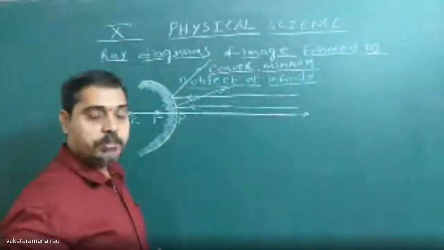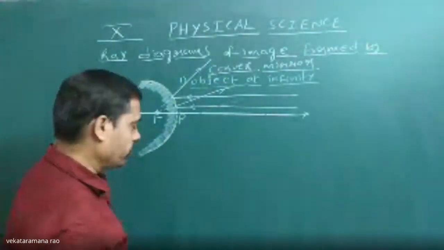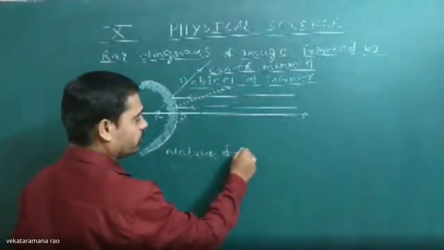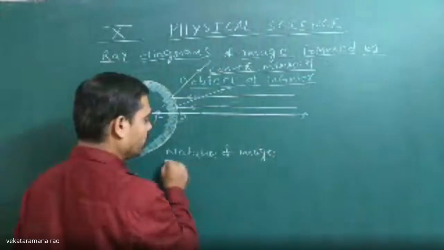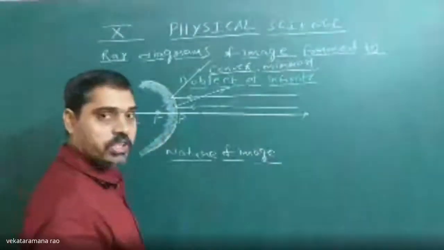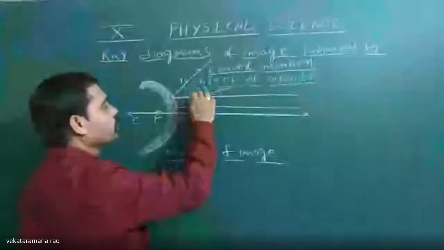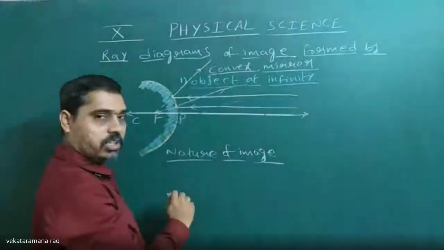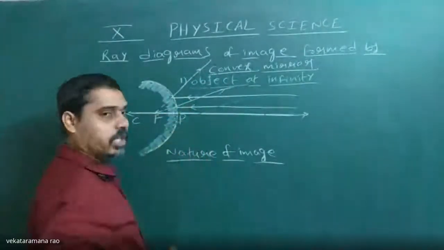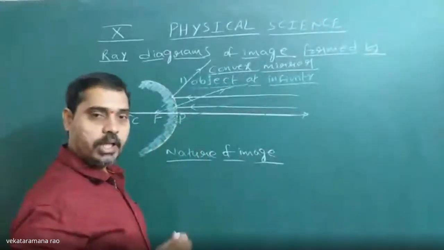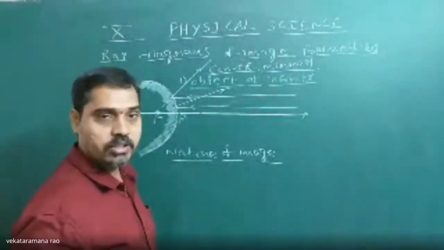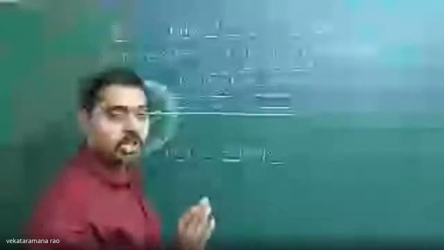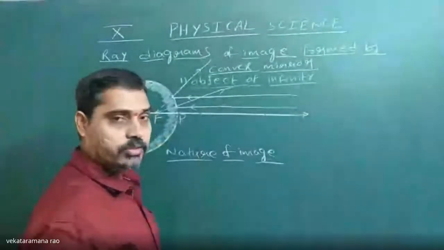As a result, which type of image are you getting? Virtual image. So now, nature of the image. We are getting a virtual image. Why? Because these two rays are not at all converging after reflection. They are not meeting after reflection. They appear to meet behind the mirror. If they appear to meet behind the mirror, we get a virtual image, which cannot be caught on a screen. That means on the screen the image won't form.